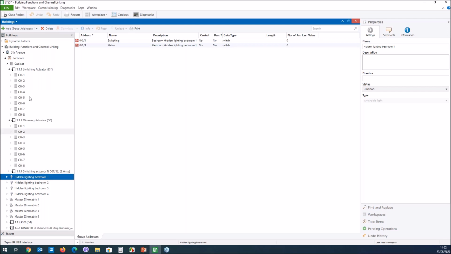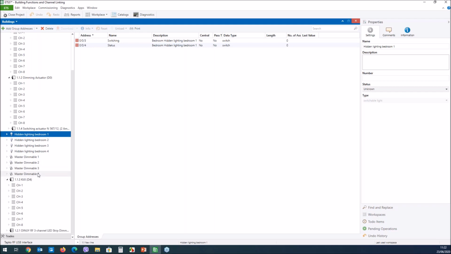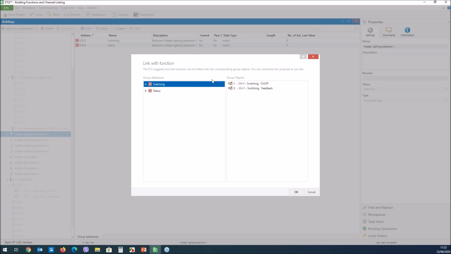So what I have to do, easy, I will also expand the channels of the push button. And I will start from the push button. I will simply drag the channel from clicks onto the switching function here. And then you see ETS also indicates link with as a tooltip. So I drag and drop it on the function. And here we do have the